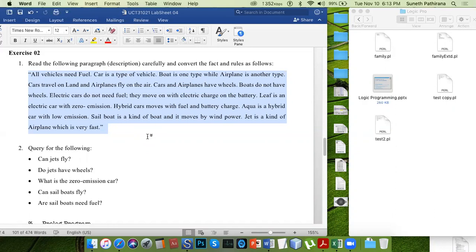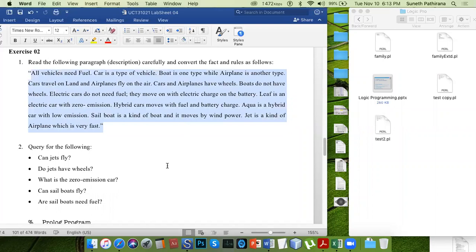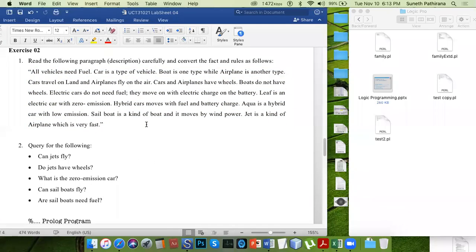That needs to be defined by the knowledge engineer by consulting the human expert, or domain expert. So this is a kind of paragraph, or a story, explained by a user. All vehicles need fuel. This is a description.